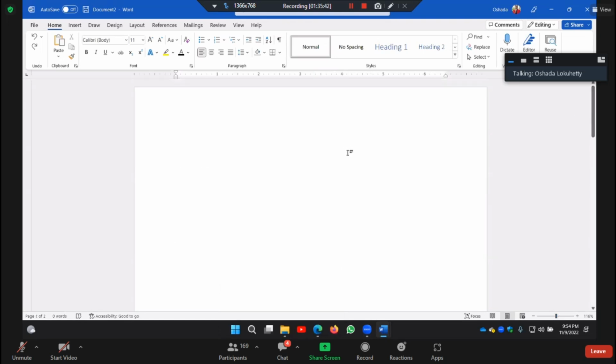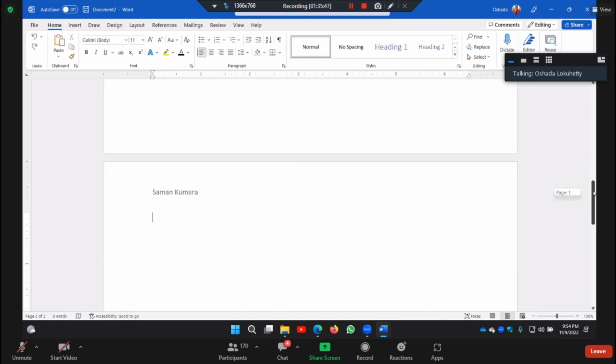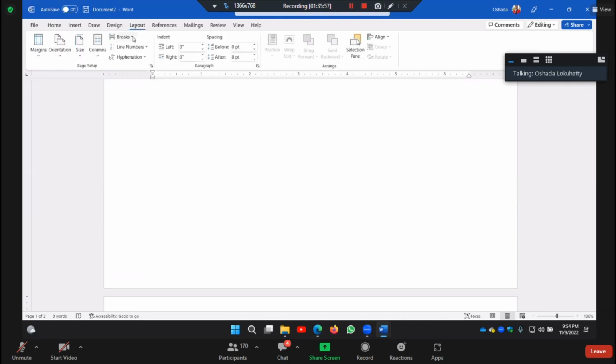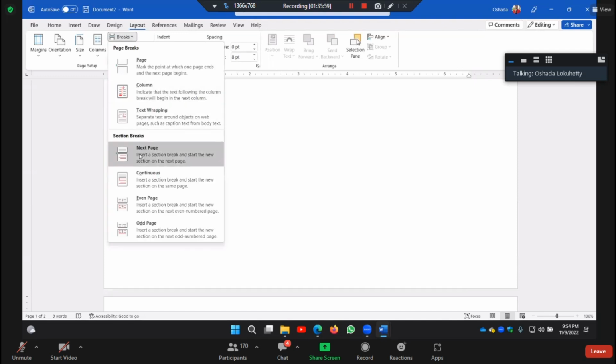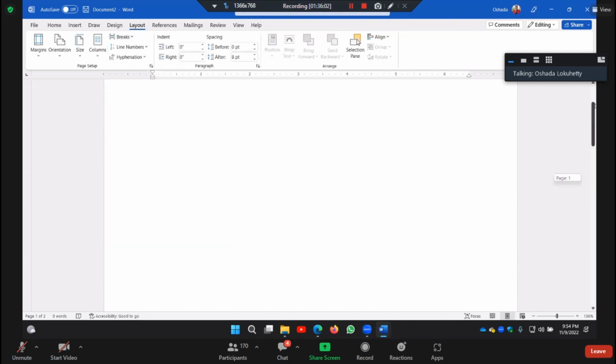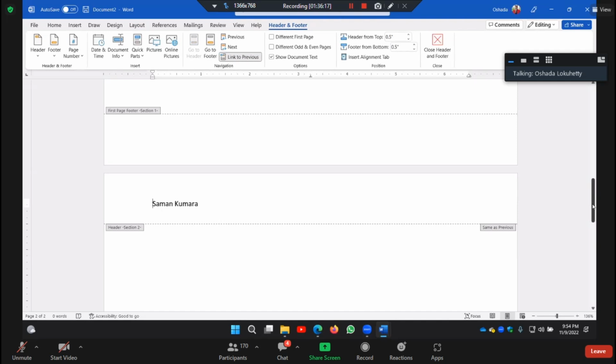What happened here is, we need to create two sections. I showed you how to create sections: you can create a section from the next page option. It creates a new page, and the document is broken into two, but we can't see the section. It is not physically showing that there are two sections, but when we go to the header option, you can see